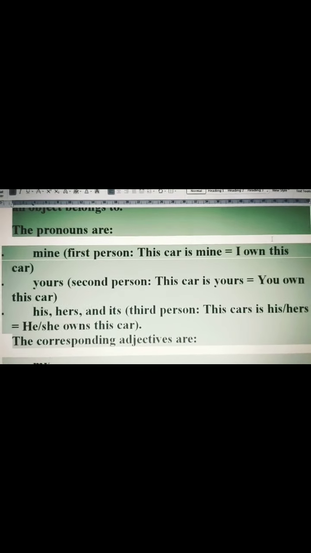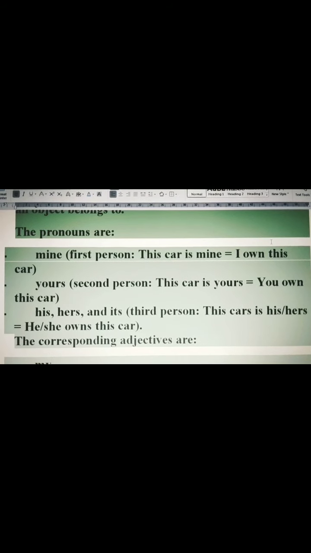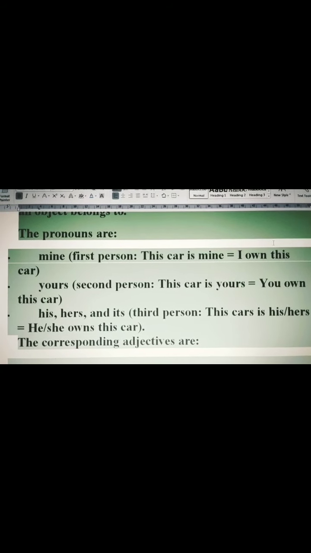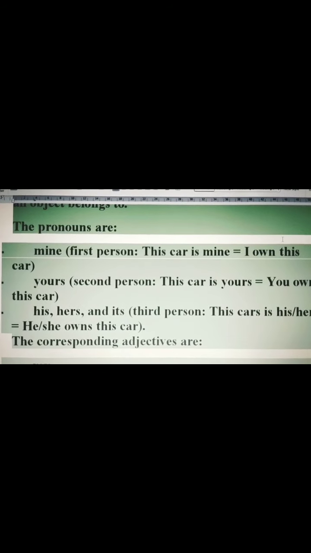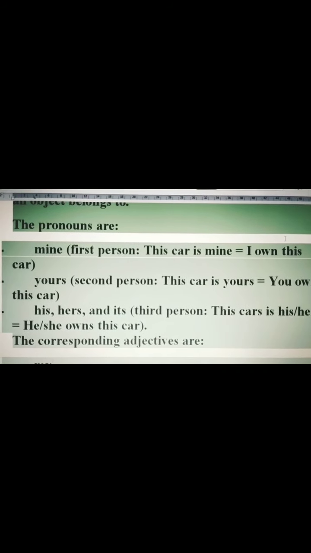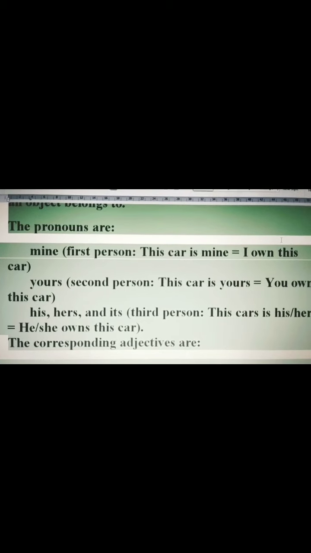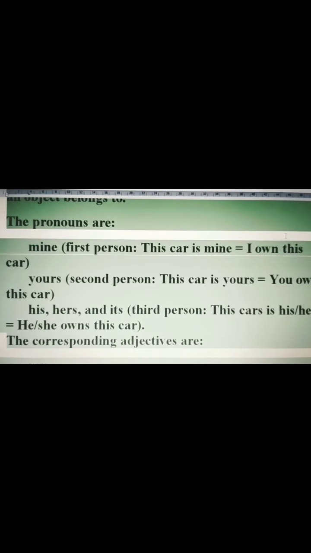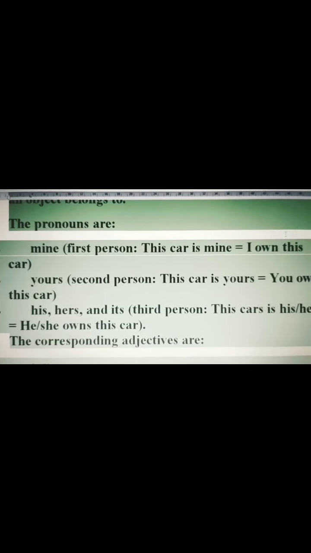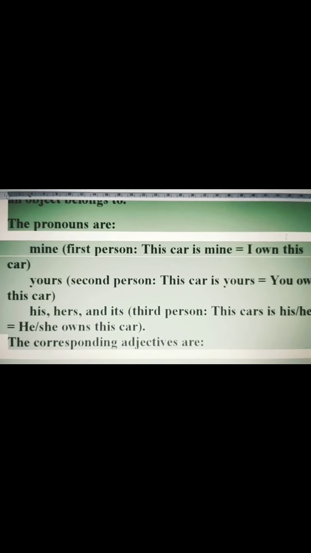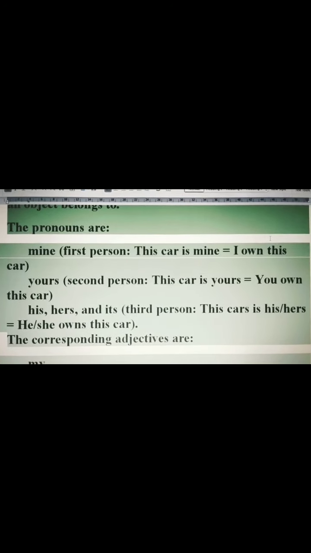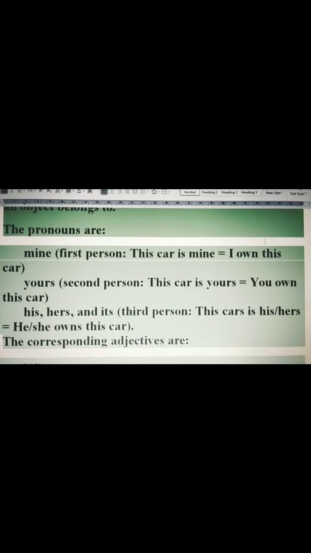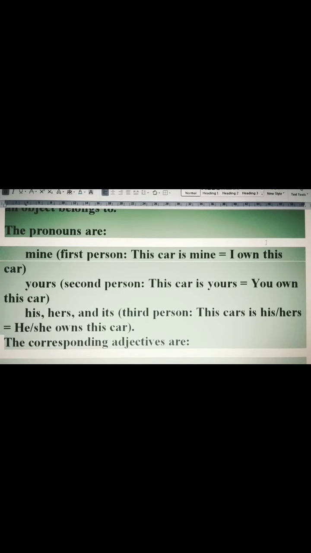So even in a single sentence, one or more than one determiner can be used. Like in this sentence, "This car is mine," this is also a determiner, and mine is also a determiner. But in this example, we are focusing on mine as a possessive one.